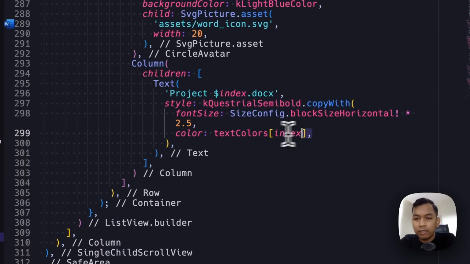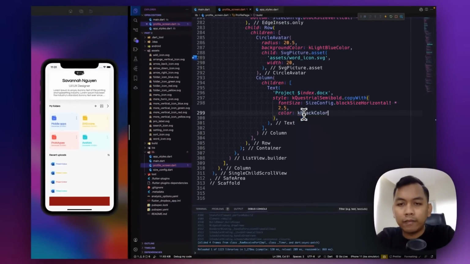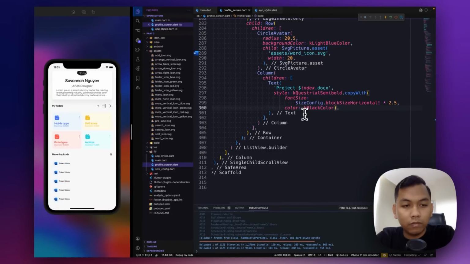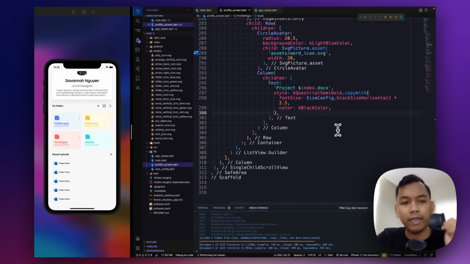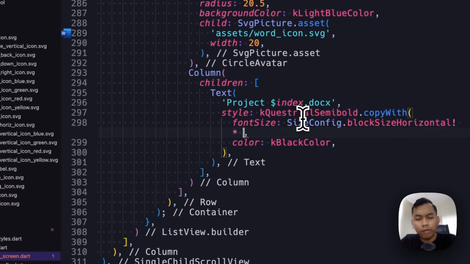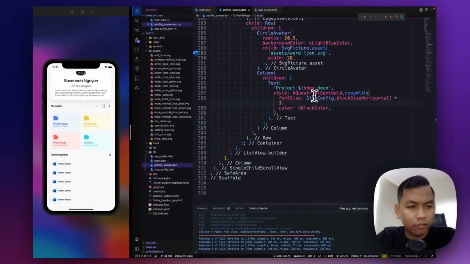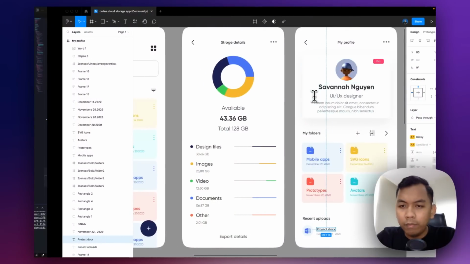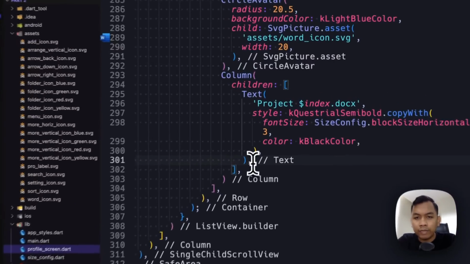And the color will be K black color. Okay. And the next, how about, I think not 2.5, how about 3? And below that, we will have text widget again.